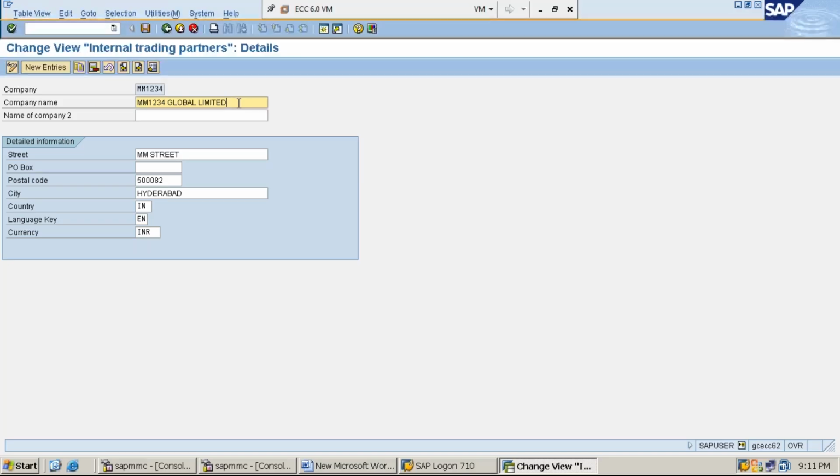Global means it will represent multiple countries. Therefore, whatever the currency I have mentioned here, whether it is INR or USD, while setting up the company, whatever currency has been given in the system, that currency is called